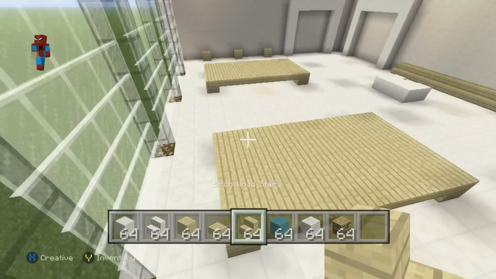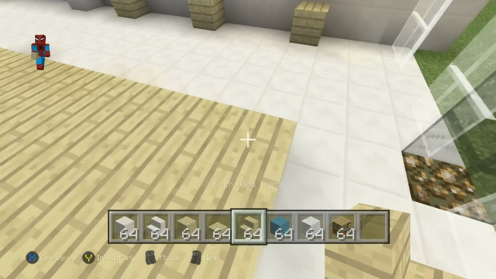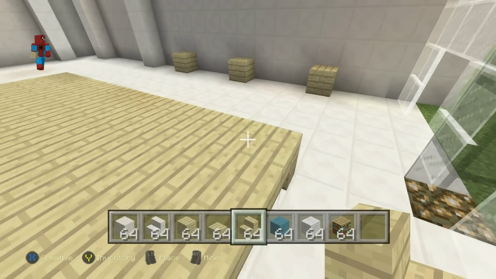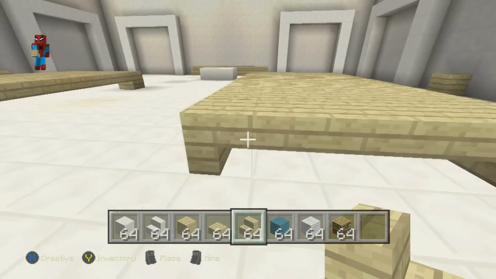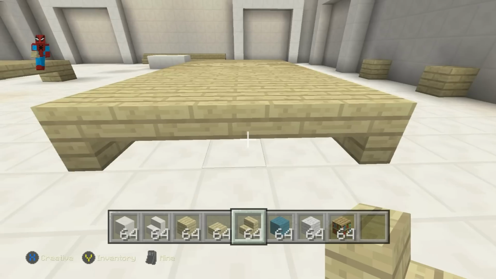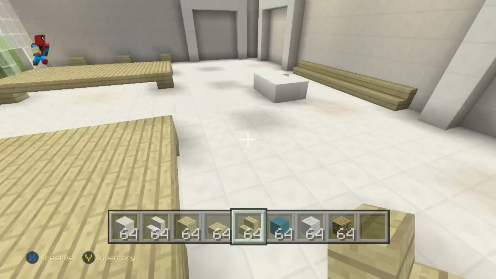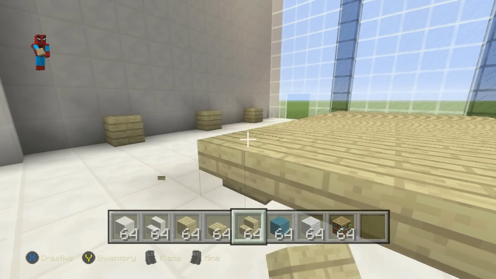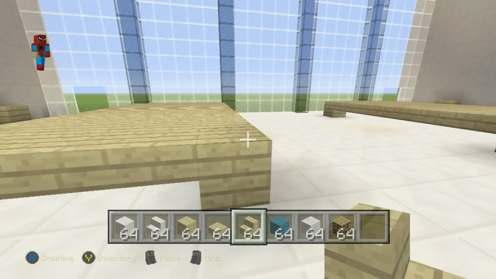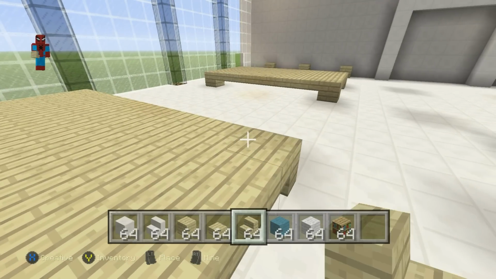Now that we have both of the tables, we want to have upside down, sideways facing birchwood stairs at the edges of the table to form legs. They look a bit cleaner than the planks. You guys can see how we're placing these. They want to, oh, not in that position, that position. They want to form the legs of the table, and they look quite nice.